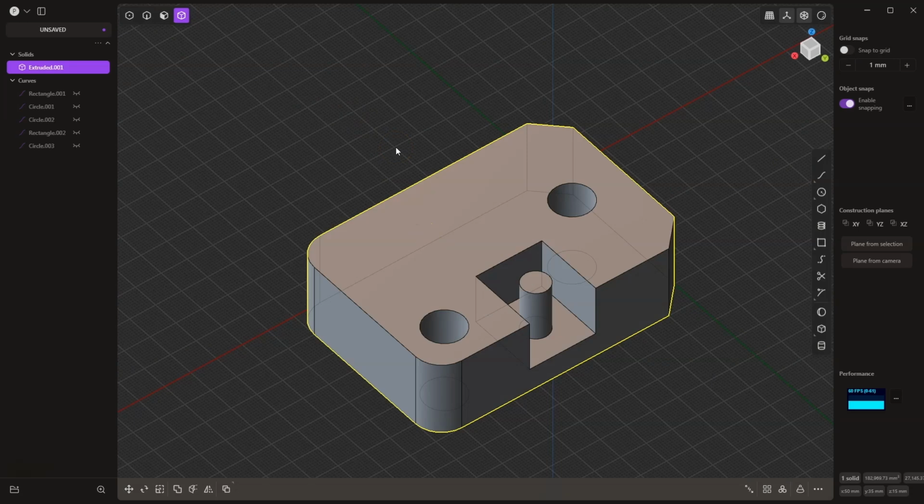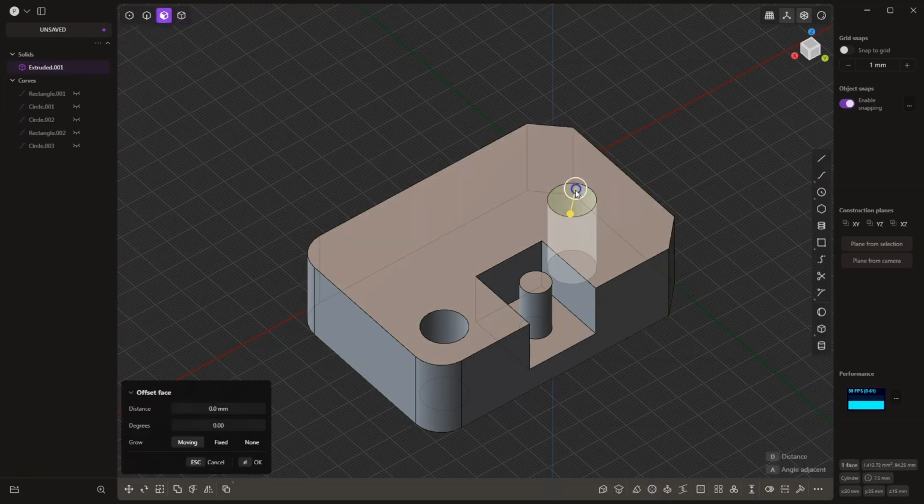If you have already created a model in Plasticity, as you can see, we don't have an operation history here. Unlike parametric 3D CAD systems, we cannot make changes to parameters, but that doesn't mean we can't modify the solid. For example, if you want to change the diameter of a circle, switch to face selection, select the face of the circle, and here you can drag this gizmo and the diameter of the circle will be changed. You can enter a specific value by which you want to change the diameter,